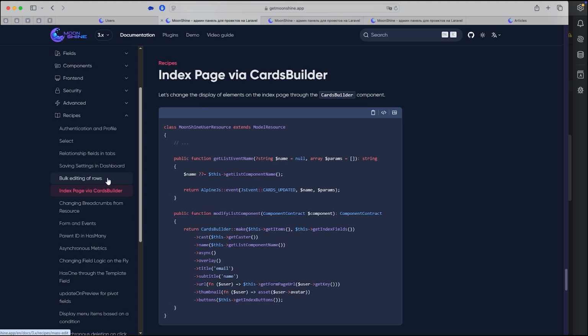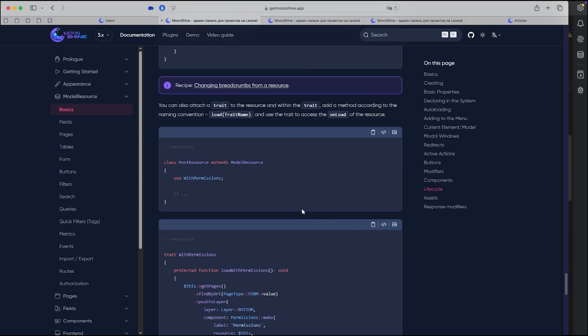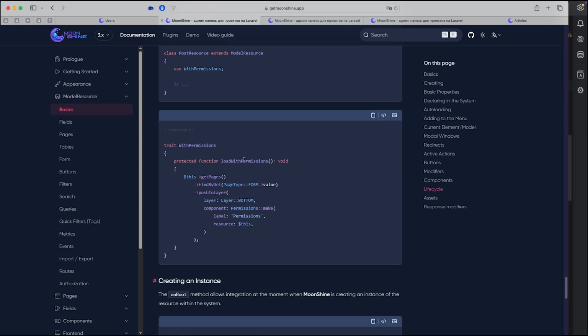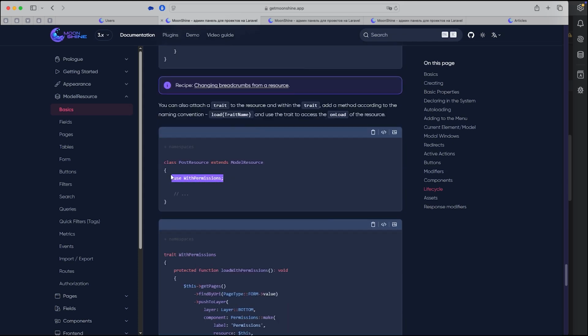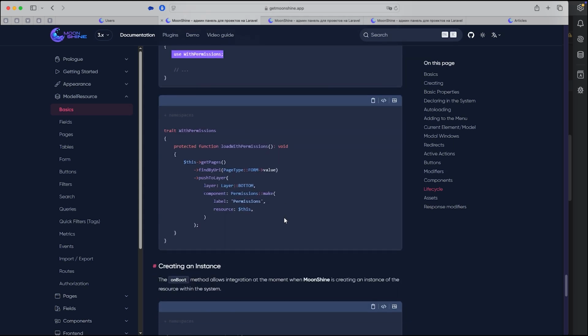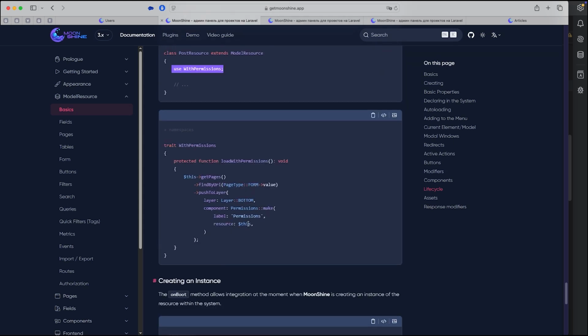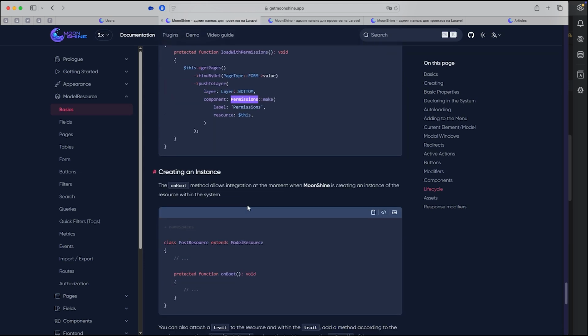Okay, let's go back. Next, we see that in the resource, you can use traits. And if inside the trait, you specify a method name with the trait's name and prefix it with load, this trait will be called here in onload. This way, you can create packages with just traits. You'll tell users to connect all functions via the trait. They'll add the trait, and when the resource is active, certain actions will be performed. As we see in the example, on the form page, a component for selecting permissions is added to the bottom